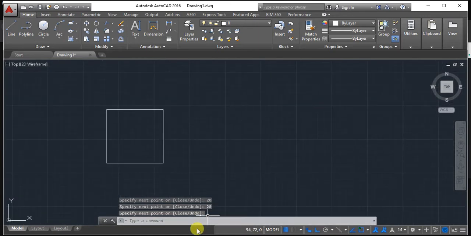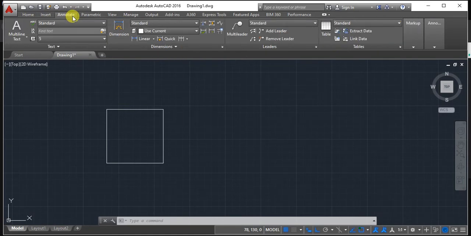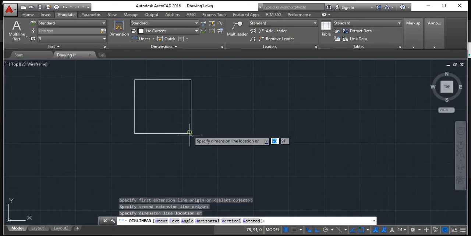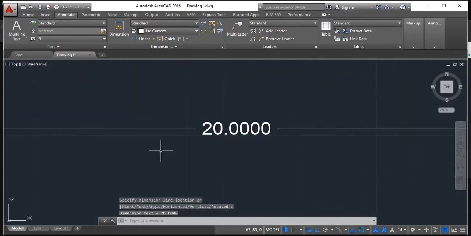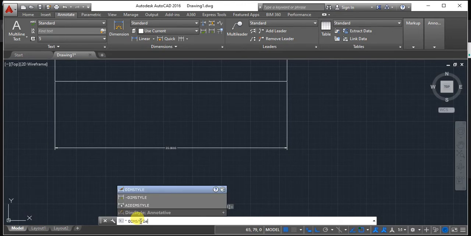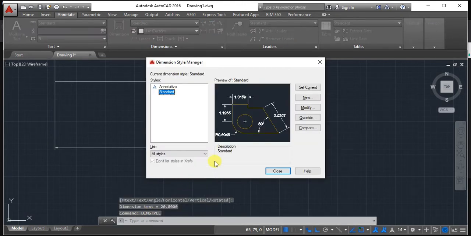In order to give dimension for this square, you can select dimensioning, or click on annotate, go for linear dimension. There are different types of dimensionings. Click on the very first point and the second point, but the text is not visible here, and you have to zoom in and zoom out by using your scroll button. In order to make the text visible and change the different colors of this dimensioning, go for the command dim style. Click on modify,